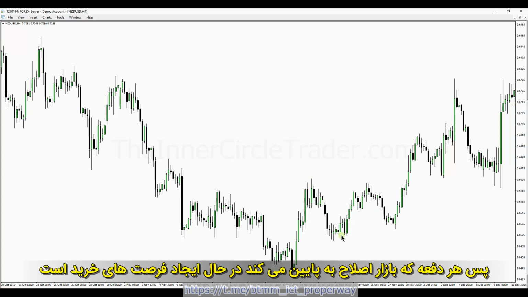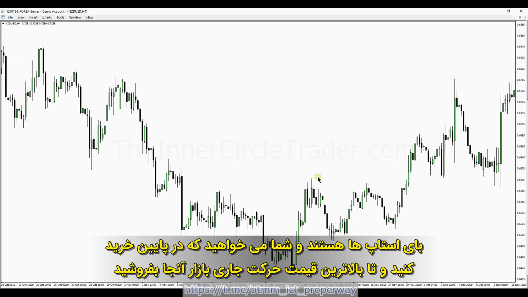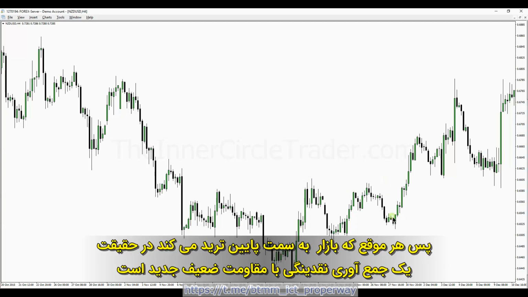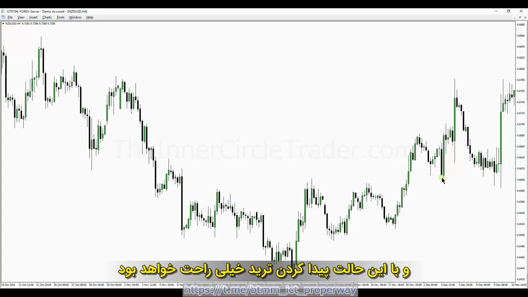So every time the market retraces lower, that sets up new buying opportunities to take out the short-term highs or intermediate-term highs above the marketplace, because what's going to be resting above those highs? Buy stops. And you want to be buying low and selling to willing buyers above the current market action. And that's what the market makers do. So every time the market trades down, it's actually just a new low resistance liquidity run to make a run above an old high. And it makes it very easy to find trades this way.